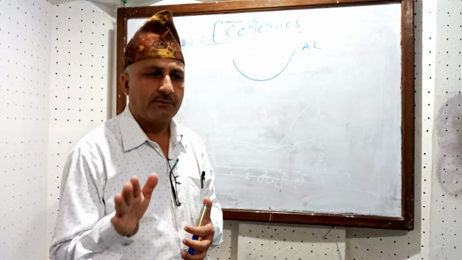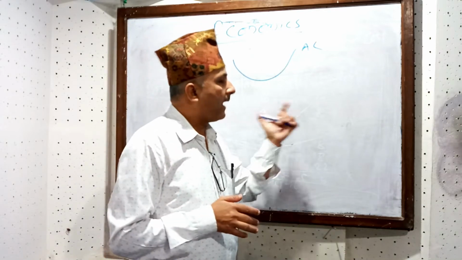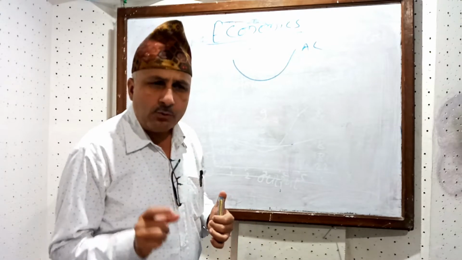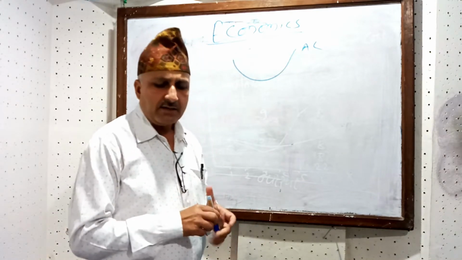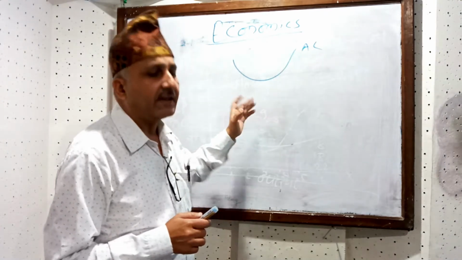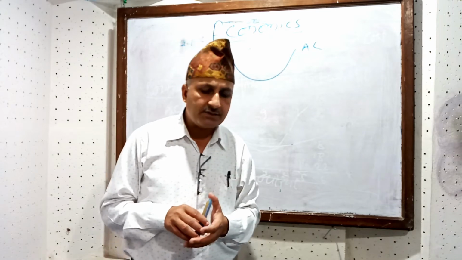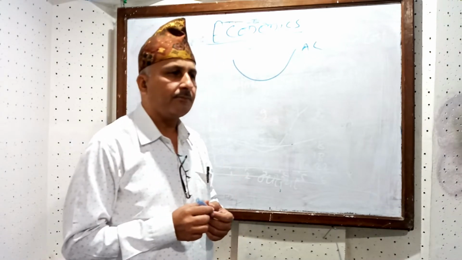Yes, three stages can be explained by the law of variable proportions. Now, when we add variable factors, that is labor, suppose, to the given amount of fixed factors in the